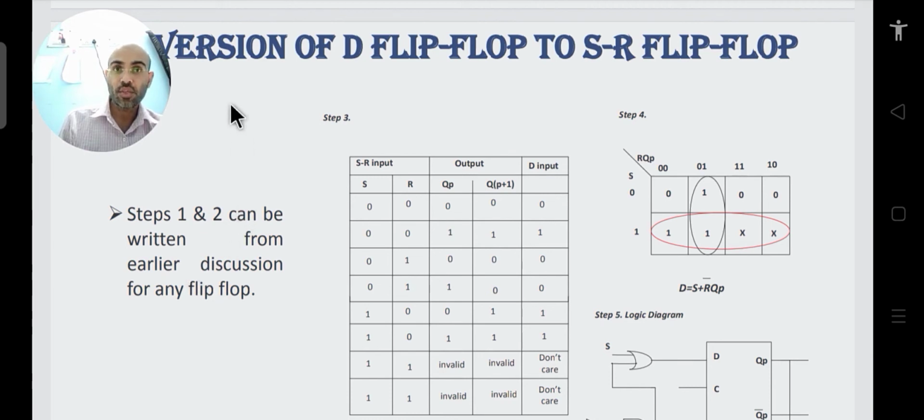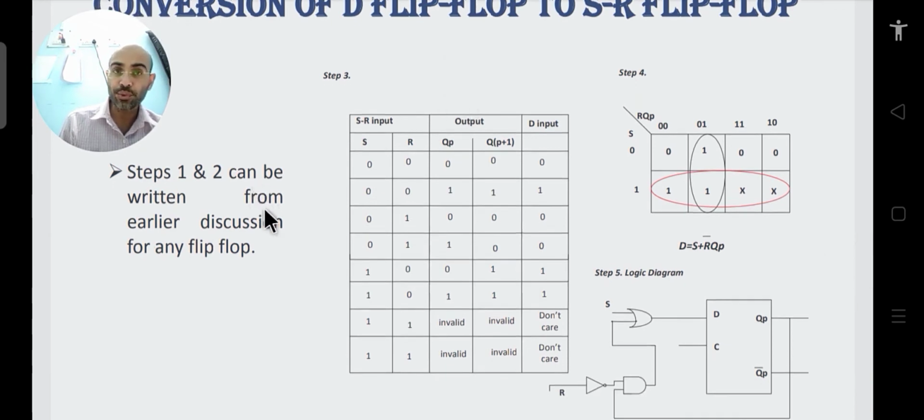Now after doing that, we can combine that information in a single table in step 3. That you try on your own. Because in this case there is a conversion of a D flip-flop to an SR flip-flop, we have one input only, and we have to decide what should be applied to that single input. So here we will require only one K-map, and that is for the D input. What value that D input should get, we have to decide by this step 3.